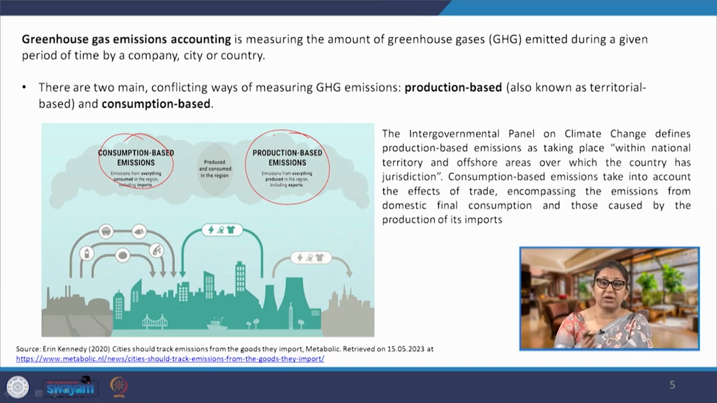And if we look at production based emissions, it is only the emissions which are happening due to the production of the product here in this area. Now, compare it, for example, we have two nations. Nation A consumes a lot of goods, but it does not produce. So, if we look at the direct emissions that are going to happen in this country, because there is no